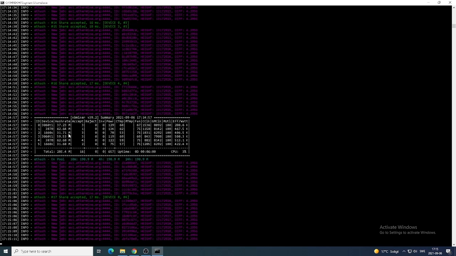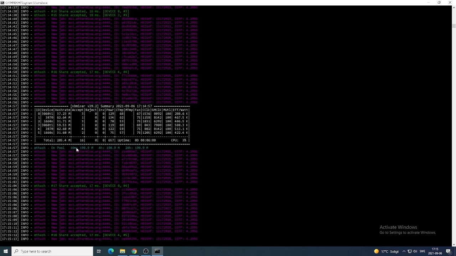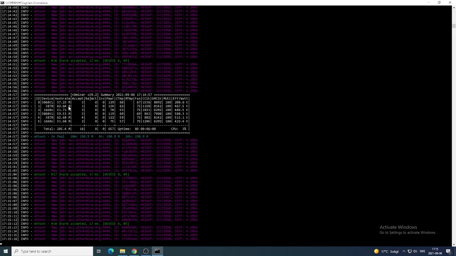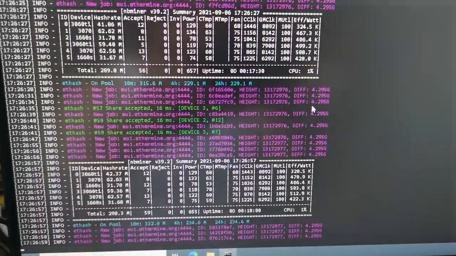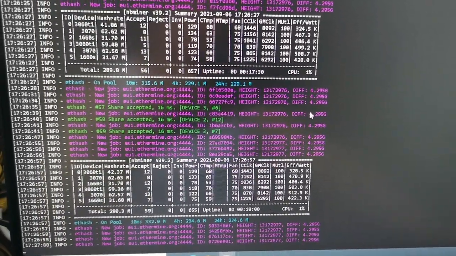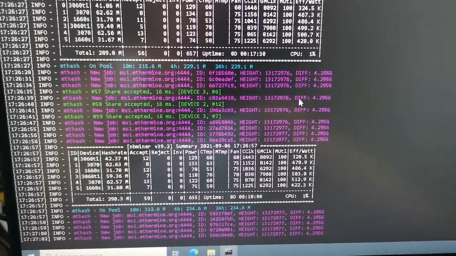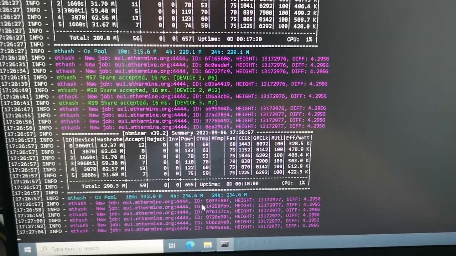I'm gonna pause the recording and record from my mobile phone instead and see if you can get this to 42-43 MH per second. Okay, so now we have 42.37 MH per second, and now we can go and edit